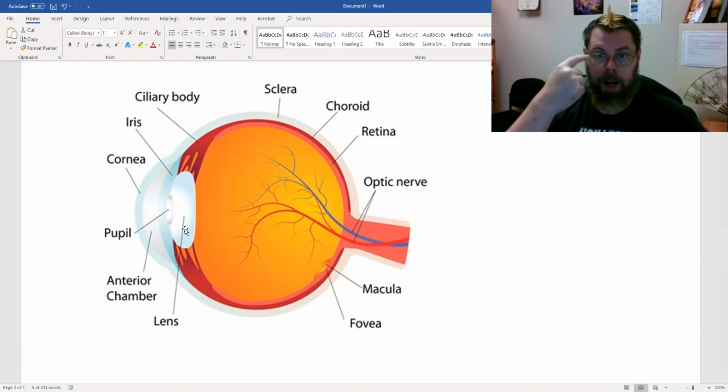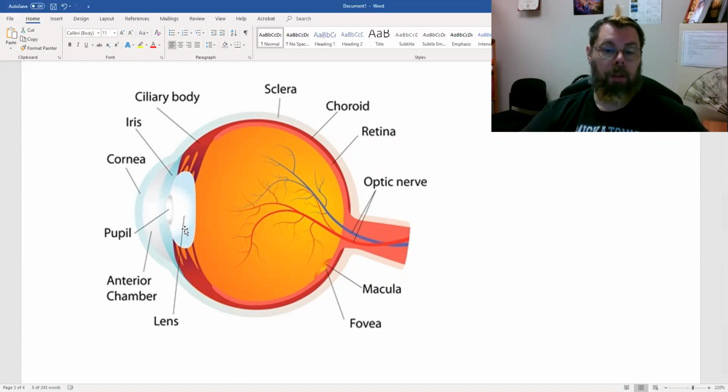The iris is, if you look at an eye and you see the little black dot, then you have that colored ring around it. The color is really almost irrelevant to vision. The darker it is, on average, the brighter the light where your ancestors have been in the last 12 to 18,000 years, basically. The darkness of the iris keeps too much light from getting in so that you don't burn the retina. You can get a sunburn on your retina. It's nasty. It's called glare blind.